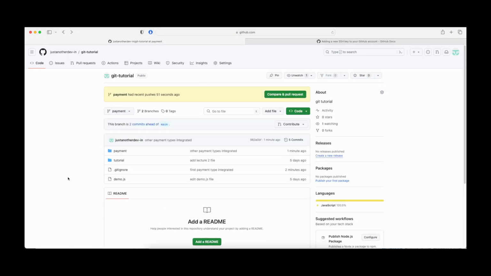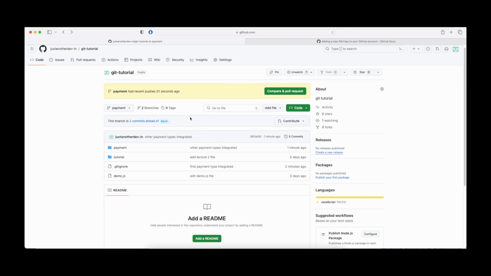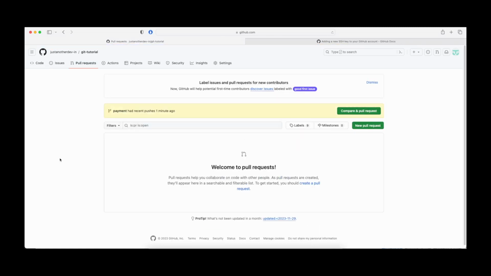Now what I'll do, I will basically go ahead and create a pull request, right? I can either do it with this thing, but after a certain period of time, if your branch has not received any recent commits, this option will no longer be there, right? So what we can do, we can always go over here in the pull request section and create a PR,